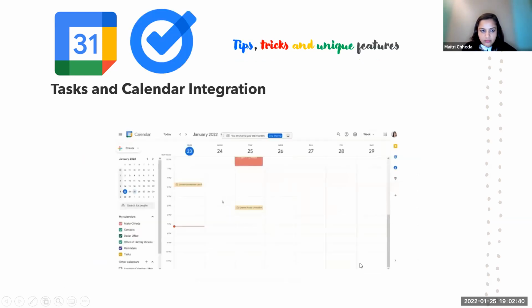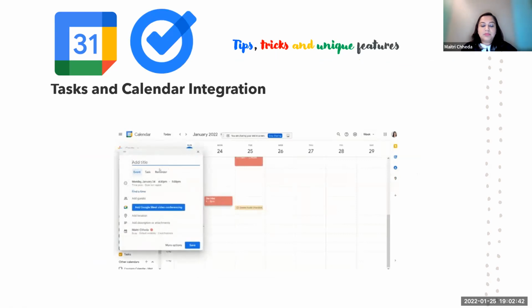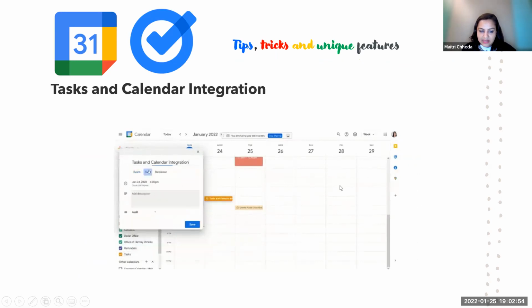Now we come to task and calendar integration. All the tasks which are created when we had scheduled the task in the tasks option, that integration happens. All the tasks are shown on the calendar, and we can also create a task via calendar. So over here I'll just create a new event where, instead of event, I'll click on task.